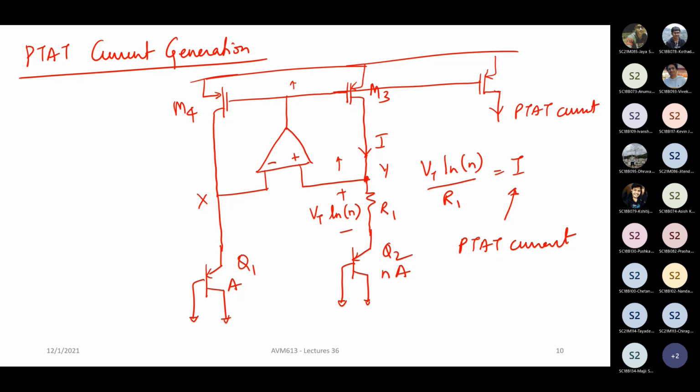You take the same bandgap core, and instead of the resistor, you basically use a MOSFET. The op amp drives a pair of MOSFET current sources, M3 and M4, which are going to be equal. And we realize that as long as X and Y are made equal, the voltage across R1 is a PTAT voltage, and therefore the current through R1 is also a PTAT current. And therefore, if you mirror the current, you automatically get a PTAT current. Okay. So this is how PTAT current generation happens.